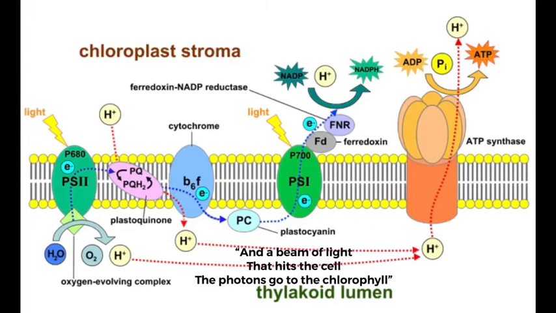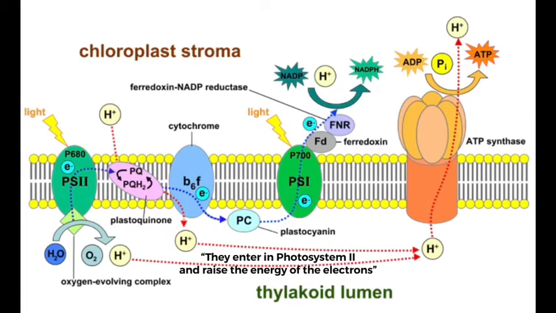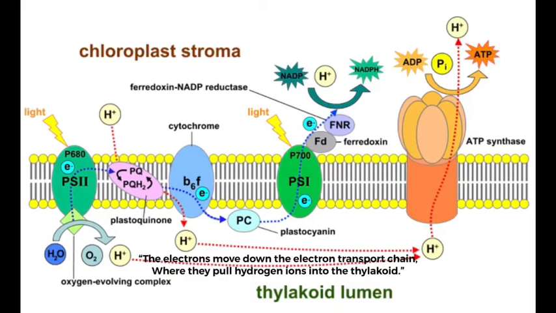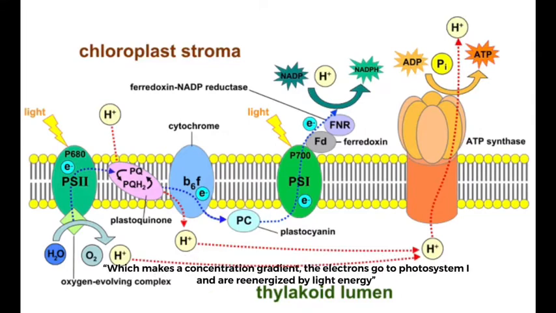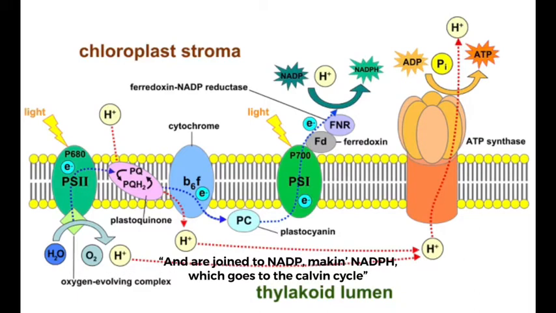Now a beam of light hits the cell, and the photons go to chlorophyll. They enter photosystem 2 and raise the energy of the electrons. The electrons move down the electron transport chain, where they pull hydrogen ions into the thylakoid and make a concentration gradient. The electrons go to photosystem 1 and re-energize by light energy and are joined to NADP to make NADPH,